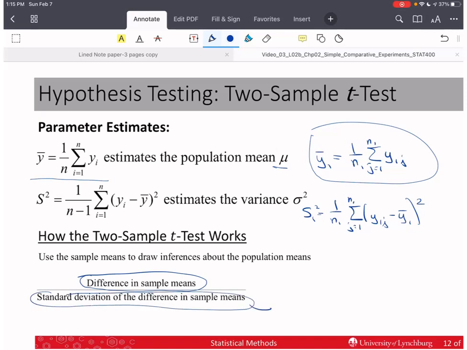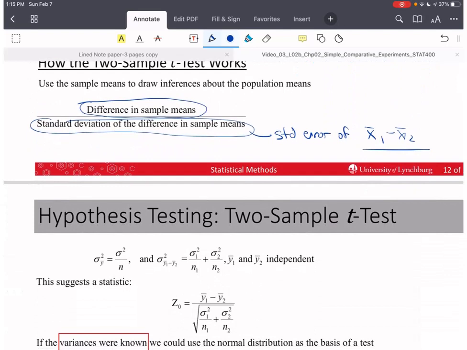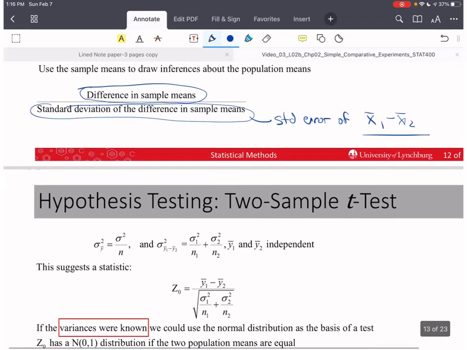This is the standard error of x bar 1 minus x bar 2. Remember, the variance of y bar is sigma squared divided by n. And so if we take the variance